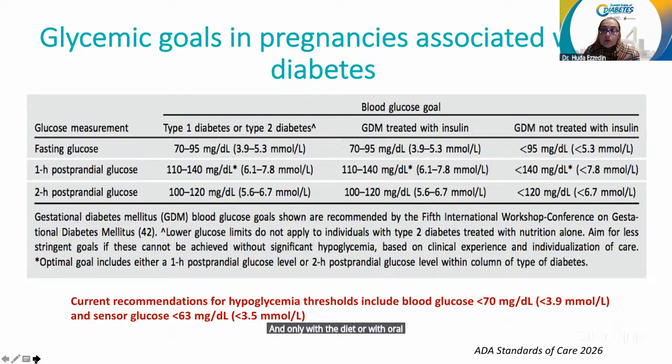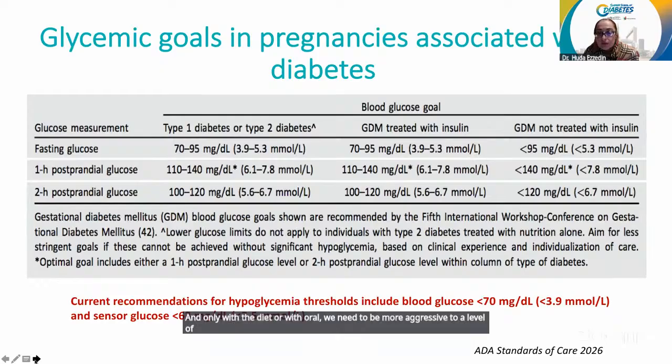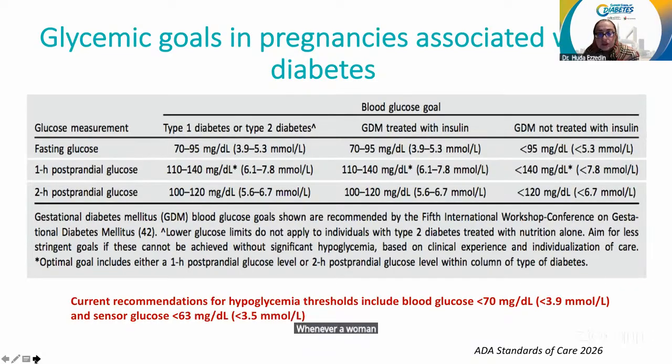But if a woman with gestational diabetes is not treated with insulin and only with the diet or with oral agents, we need to be more aggressive, to a level of fasting blood sugar less than 95 and the 2 hours postprandial less than 120. Whenever a woman starts insulin, we just need to make sure that we're not going into hypoglycemia,